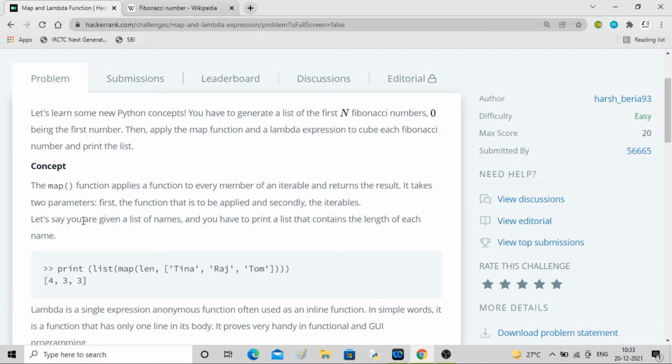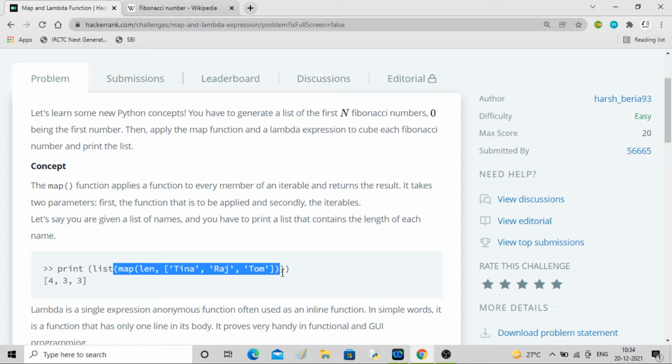Okay, here is an example. Let's say you are given a list of names and you have to print a list that contains the length of each name. Okay, so that's the task. So here you can see map, len comma, these are the iterables. Okay, so len is the function applied to each of them. That's how map works.